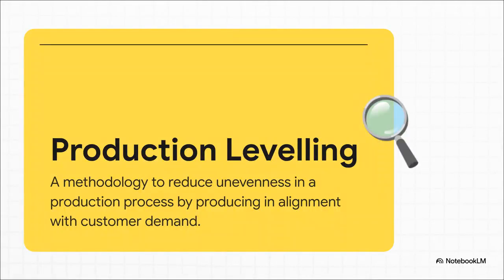Finally, in this section, let's talk about production leveling, also known by its Japanese name, Heijunka. The whole idea here is to avoid the whiplash of making things in huge batches. So instead of making 1,000 blue widgets on Monday and 1,000 red ones on Tuesday, you'd aim to make 100 of each every hour. This smooths out the peaks and valleys, which reduces inventory and makes the whole system calmer